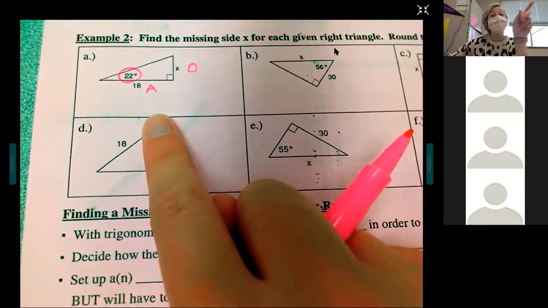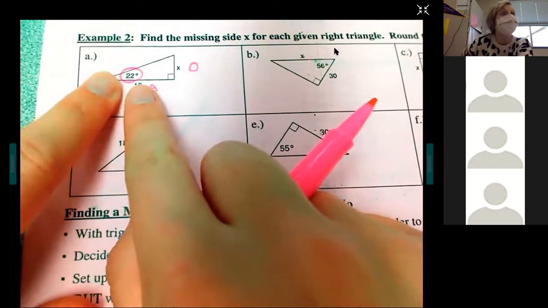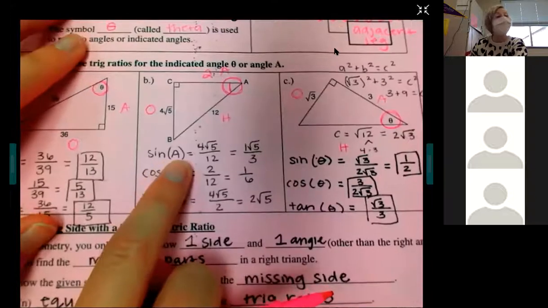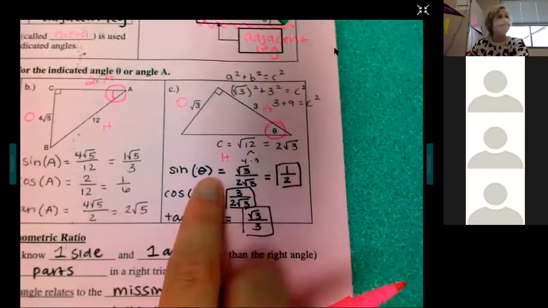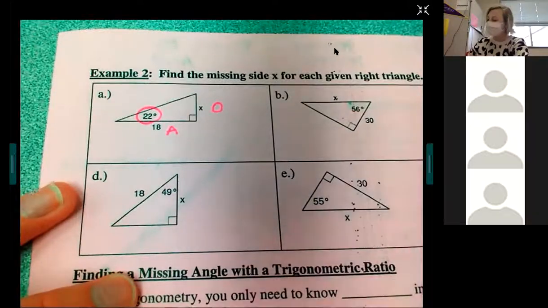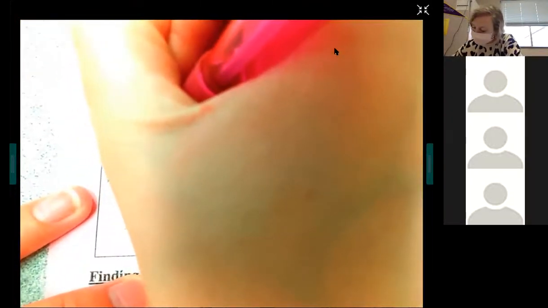Okay, so listen. Tangent of what angle? What's my angle this time? 22. So remember earlier, I'm going to flip just so I can show you. On the front, I had you write sine of angle A. The A was in parentheses, right? Or sine of theta. So here we're going to do tangent of what's the angle? 22. So everybody look. Tangent of 22 degrees